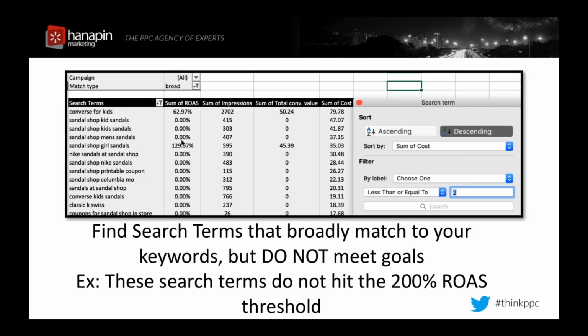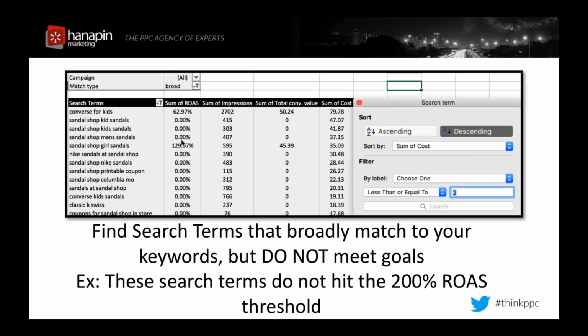And then I'm still looking at broad match terms because those should be the first place that you would want to clean up your search terms, because obviously if it's an exact match, you put that keyword into your account for a reason. So again, we have still included the return on ad spend column, but what I've done is I've moved it to the top of the values that are listed within the builder. So now it's in the first column, and then when I sort, I'm sorting by cost descending so I can see the most expensive words at the top, and then I'm